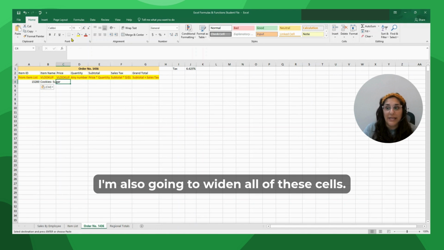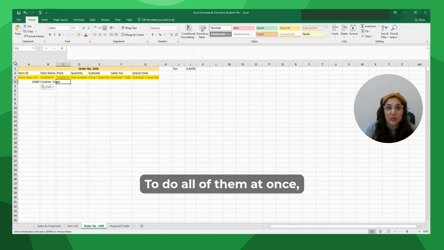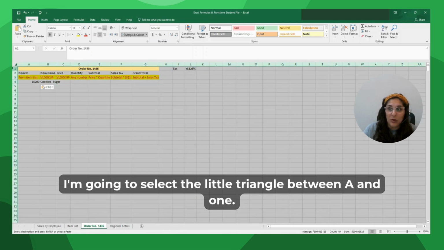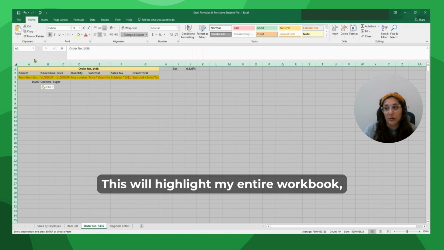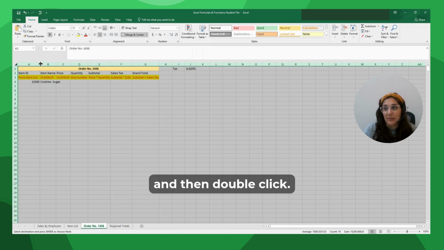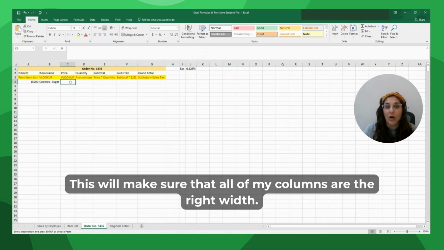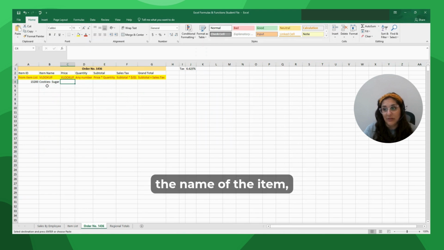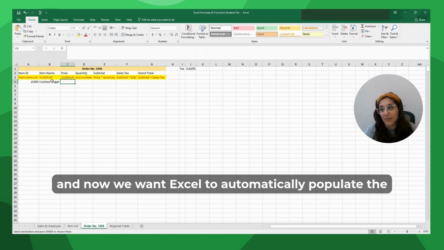Also going to widen all of these cells. To do all of them at once, I'm going to select the little triangle between A and 1. This will highlight my entire workbook, and then double click. This will make sure that all of my columns are the right width. So we have our item ID number, the name of the item,